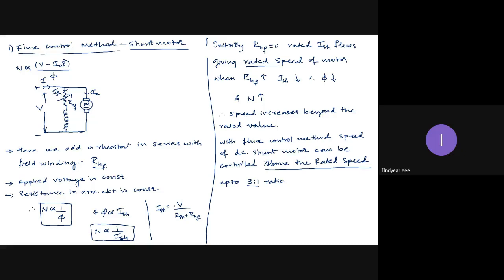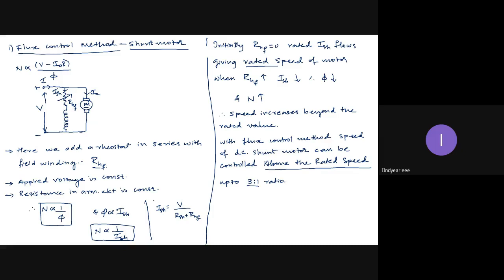Field weakening starts happening. Field weakening in the sense, now to operate a motor, I need a magnetic field. A current carrying conductor placed in a magnetic field experiences a force. Now, this is the field which is giving us the magnetic field. When I am increasing the field resistance, field current is decreasing, the magnetic field required for motor operation starts decreasing. Therefore, the force produced, F equal to BIL, starts decreasing. So the motor action starts suffering.